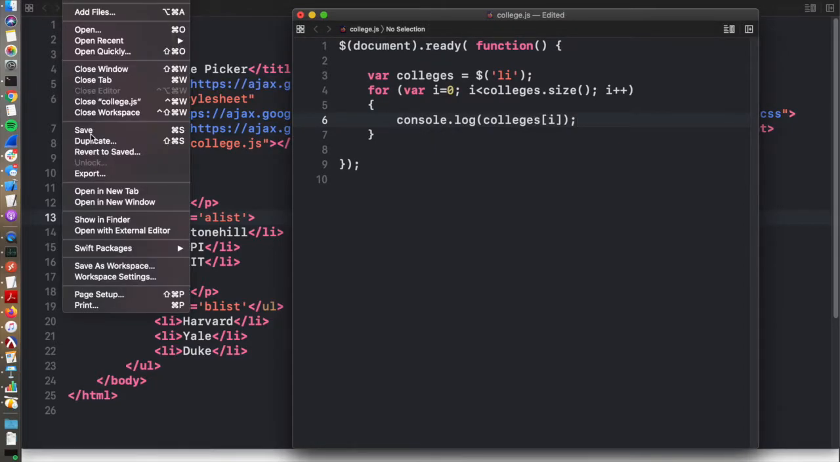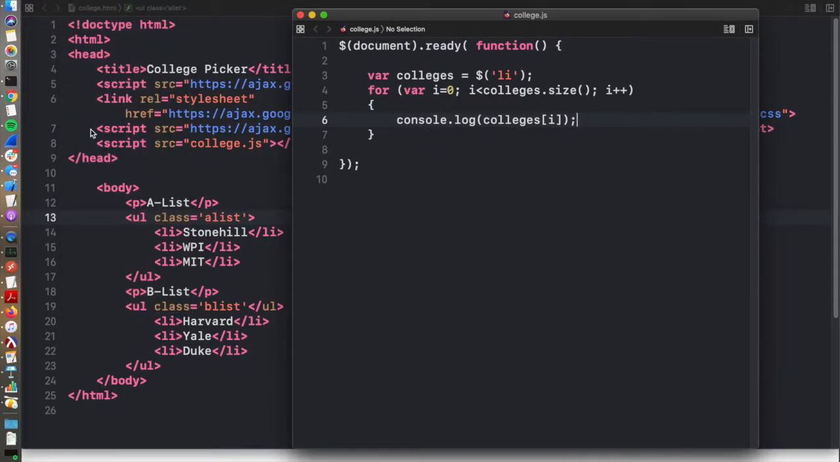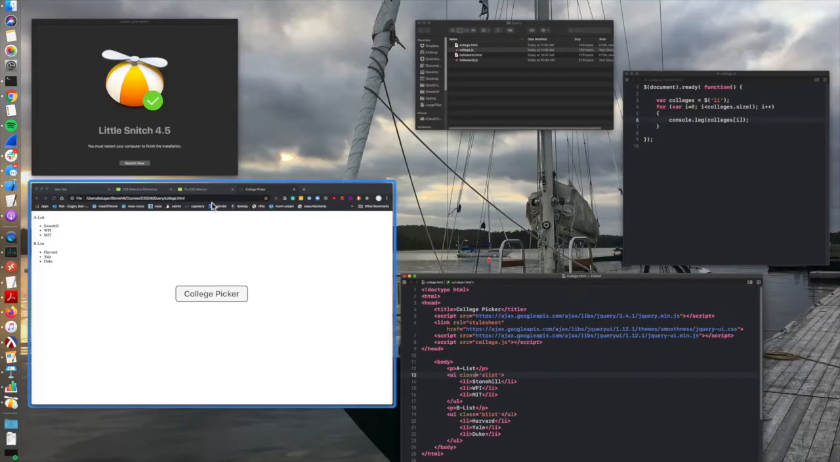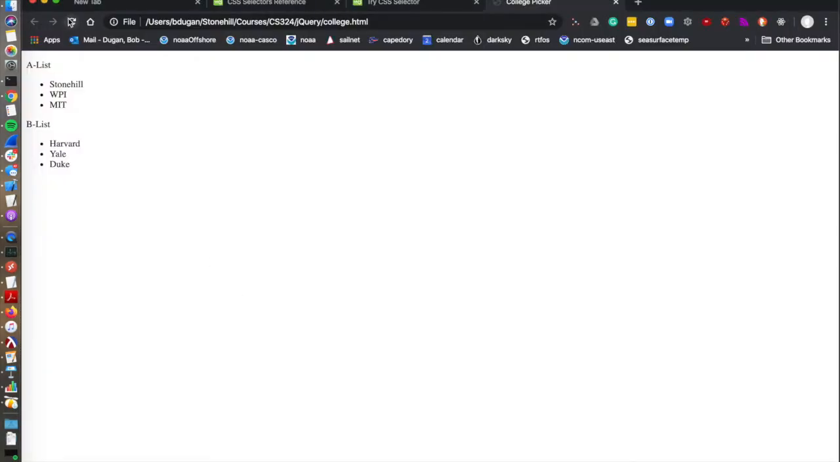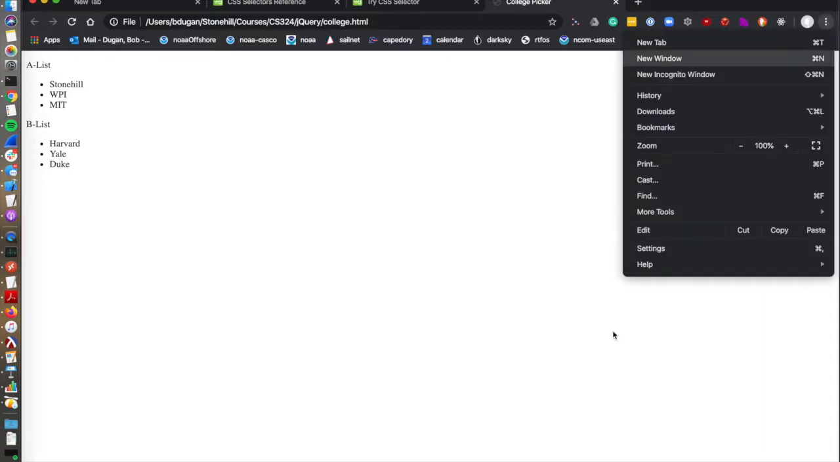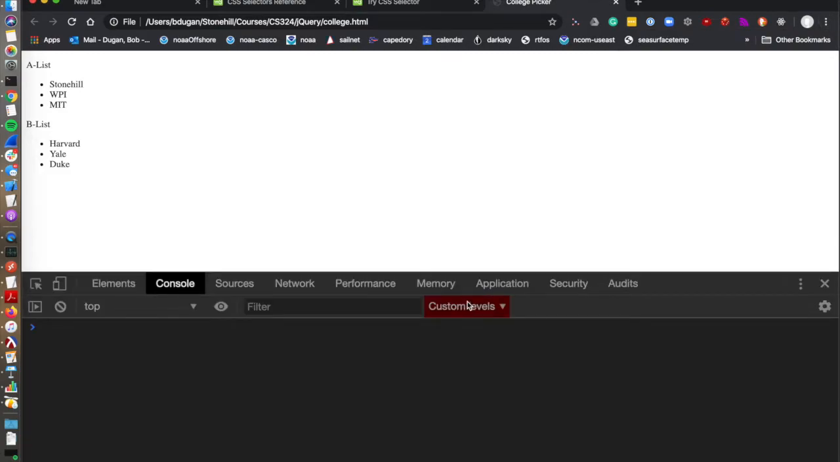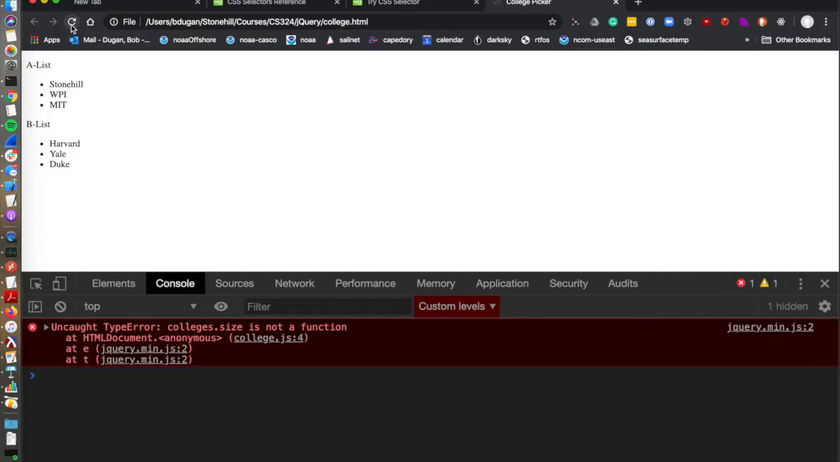All right, so file, save. So we have college.js and college.html. And let's go to the HTML page that we were using to display the colleges. Let's bring up the console. That's our canary in the coal mine that lets us know how things are going. So file, more tools, developer tools. There's my console, and I'm going to do a refresh. And let's see if, oops, yep, looks like I've got